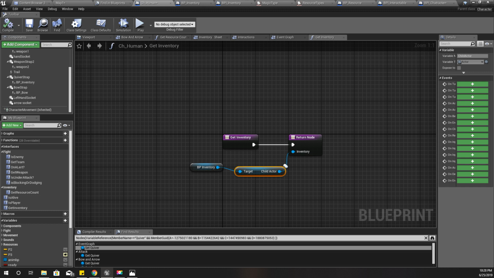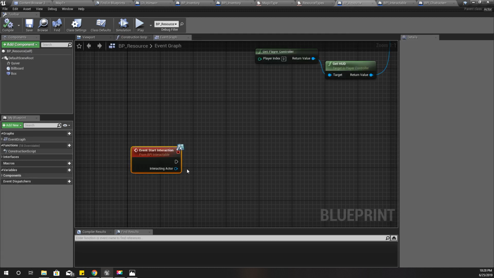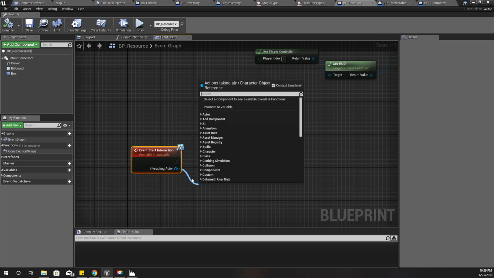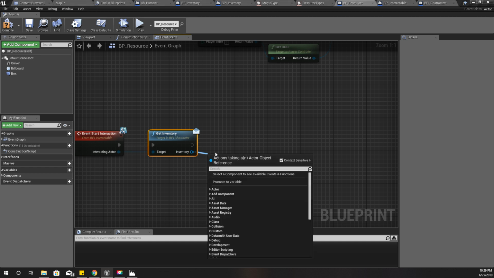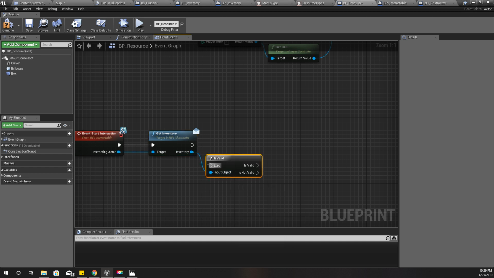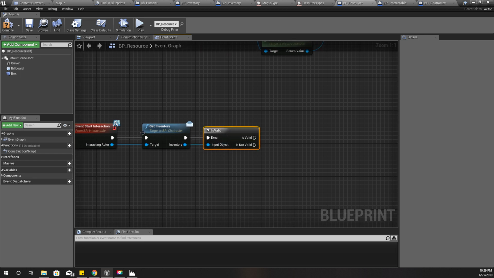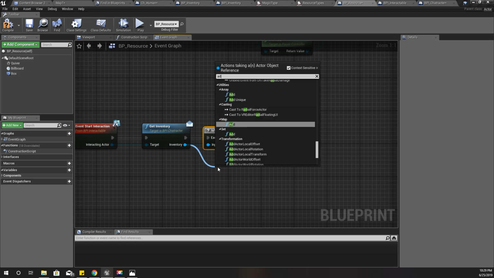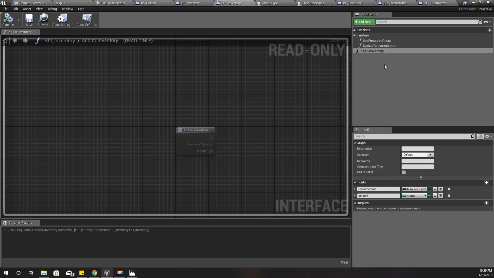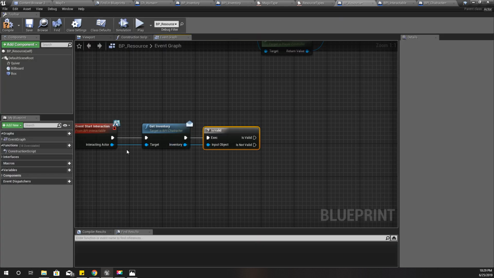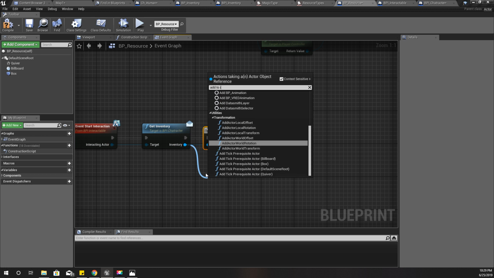Right, now here, get the interacting actor and get inventory. Event, and if I get a valid inventory like this, I'm using this is valid part just to be safe. If it is valid, we can call add resource. What is the event? Add to inventory. Add to inventory,